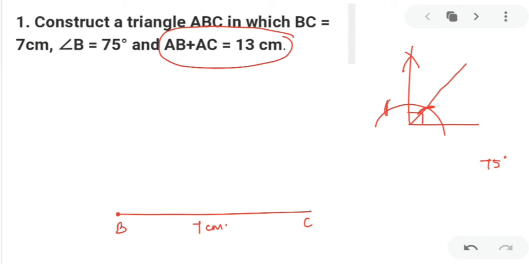Now my dear kids, where you have 60 and 90, you take its bisector. So that will be 15, 15. So 60 plus 15 will be 75 degrees. Those who do not know how to make 75 degrees, please check my previous video. You will get it from there. So once you got 75 degrees here,